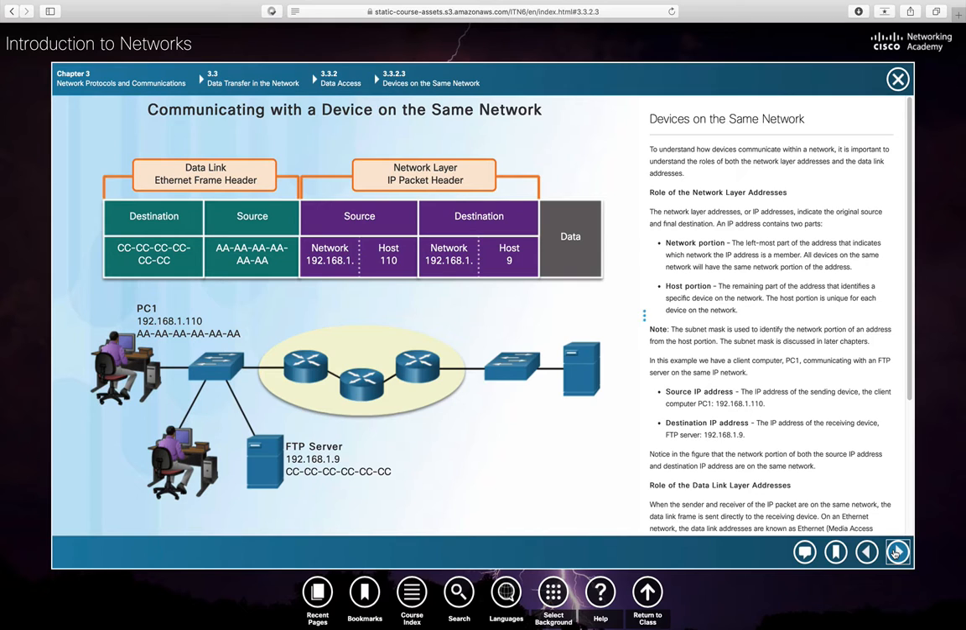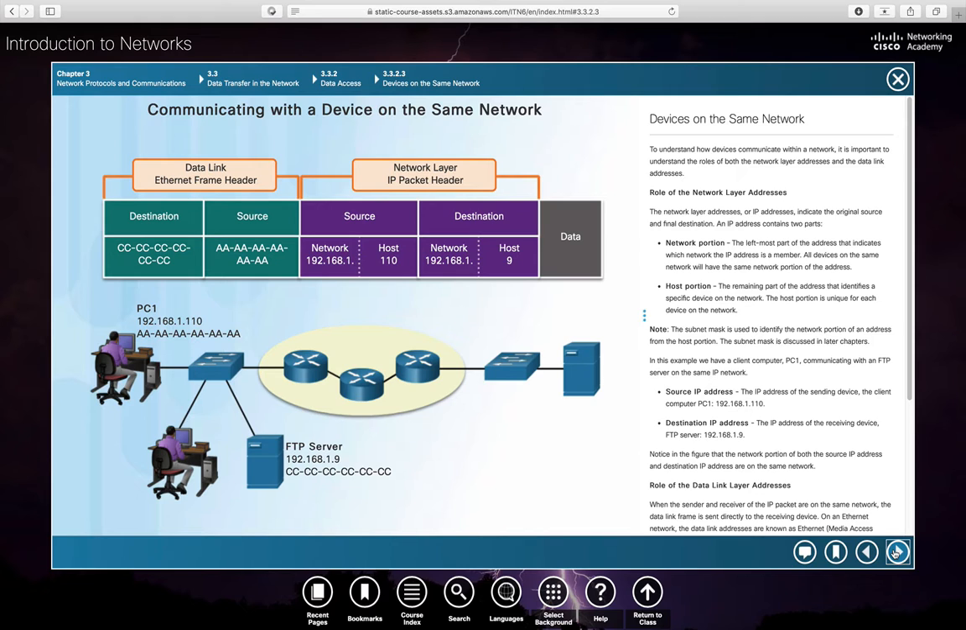So this is talking about communicating with devices that are on the same network. To make the MAC addresses easier, they're just using all A's and all B's and all C's for that. So what happens is we use something that we haven't talked about called the subnet mask. And basically what the subnet mask does is it divides those 32 bits that make up the IP address somewhere